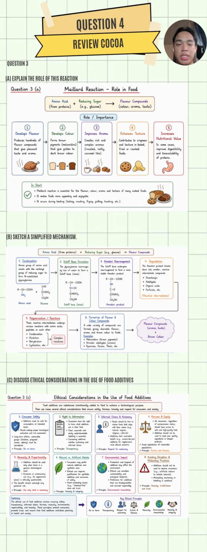Finally, question C. However, when it comes to food additives, there are important ethical considerations. Industry must ensure that all additives used are safe, properly tested, and approved by regulatory authorities. They must also provide clear and accurate labeling so consumers are aware of what they are consuming. In addition, companies should avoid misleading claims and consider the long-term health effects and environmental impact of the additive